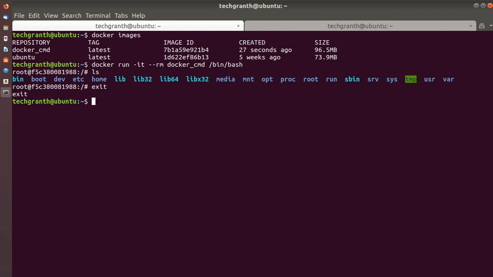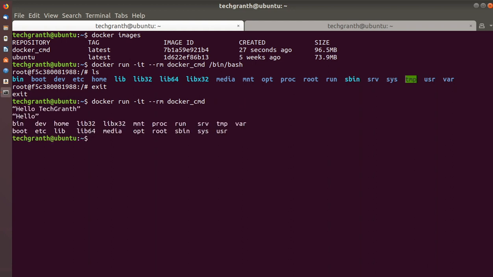and I'll run that without a command, like this only. If I press enter, it will show all the output of the commands we have set in our cmd instruction within our Dockerfile, right? Echo hello techgraph, echo hello, and then the output of the ls command. If we haven't mentioned any command when running our container, then it will use all the commands in our cmd instruction as default.